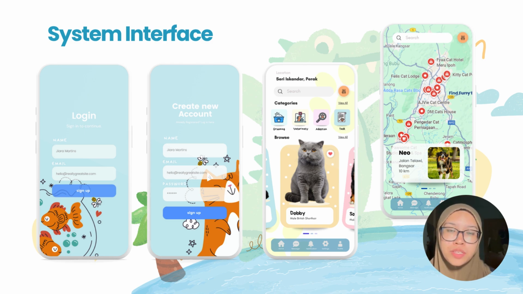I would like to present our system interface. Firstly, I would like to discuss the sign up and login pages, where the user can fill in their information and push the submit button, and it will bring them to the main pages, which